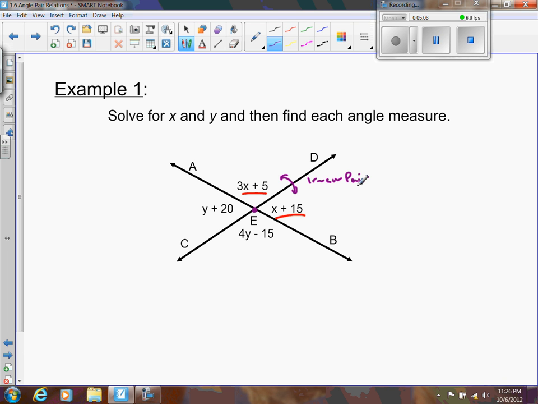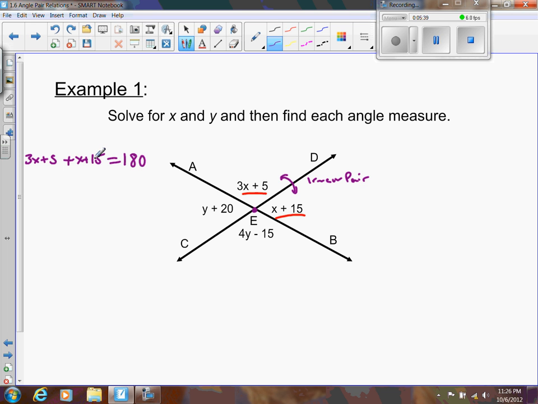So what do we know about a linear pair? Well, they make a straight line, right? A straight angle. What's the measure of a straight angle? A straight angle has a measure of 180 degrees. And since they're a linear pair, I know by the segment addition postulate that those two angles have to add up to 180. So I can say 3x plus 5 plus x plus 15